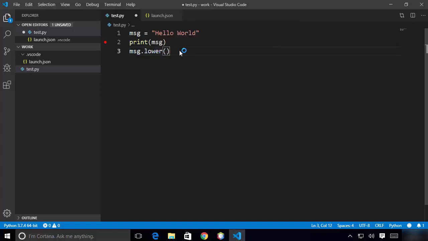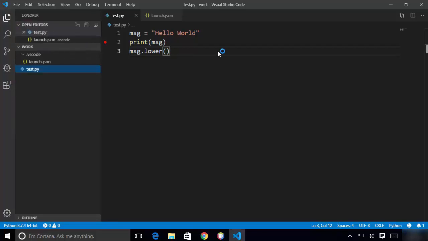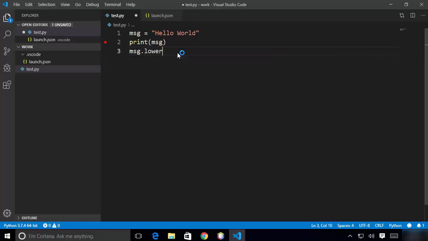If the IntelliSense is not working, you just need to relaunch your Visual Studio Code, because sometimes you need to restart your Visual Studio Code on your Windows operating system after installing the extensions. So we have installed the Python extension, and if you don't restart it, sometimes it's not going to work. So try to restart your Visual Studio Code and then try to use this IntelliSense, and it's going to work